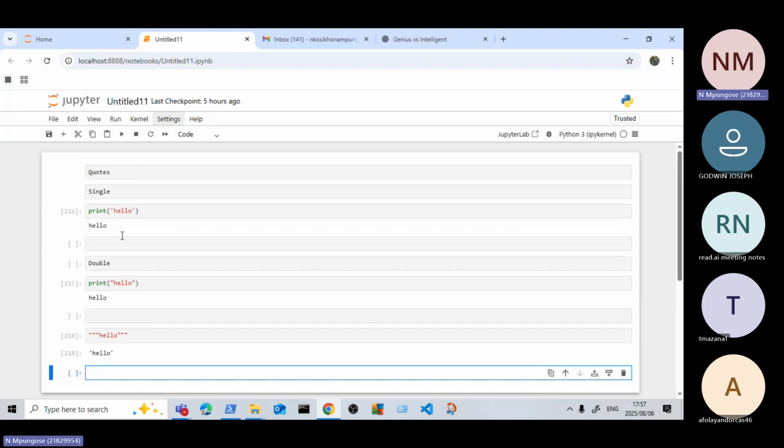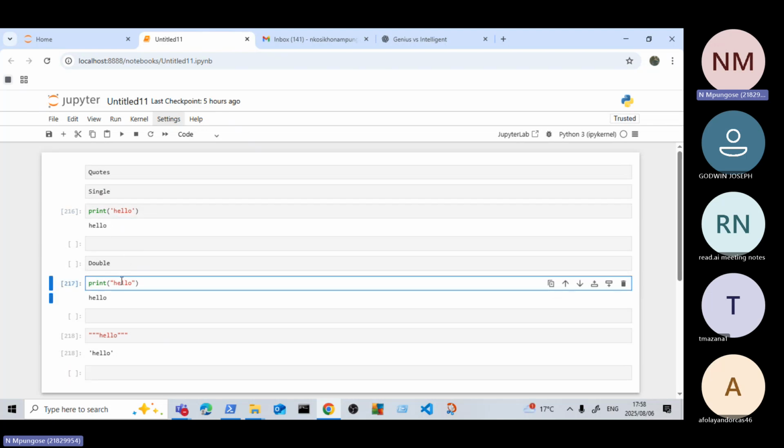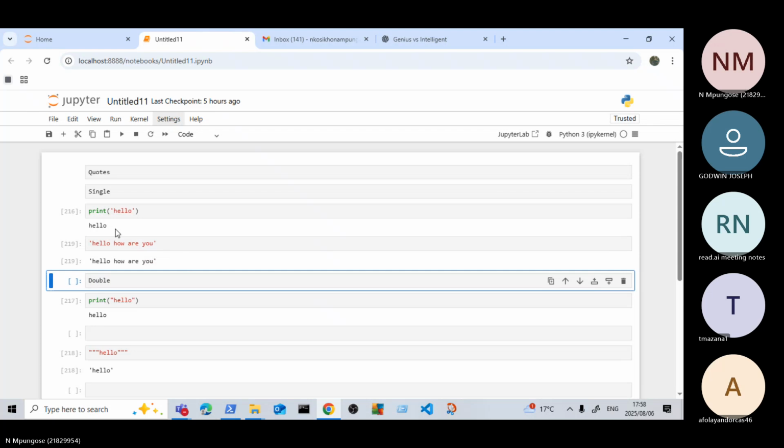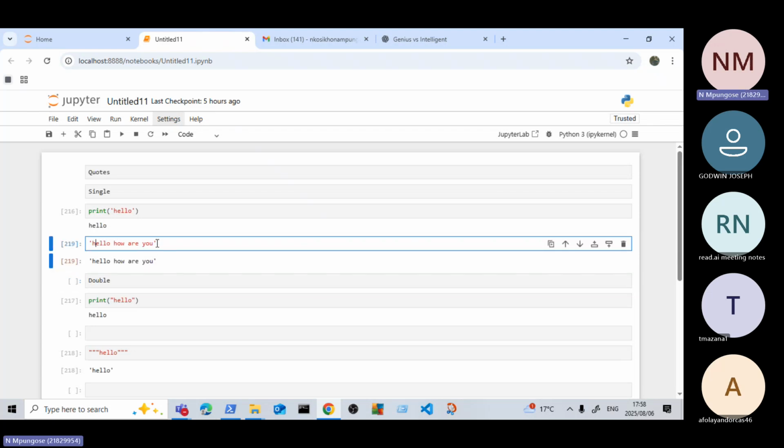So when do we use the single quotes, when do we use the double quotes, and when do we use the triple quotes? The single quote you can use anywhere, especially for a single word or maybe a sentence like hello.